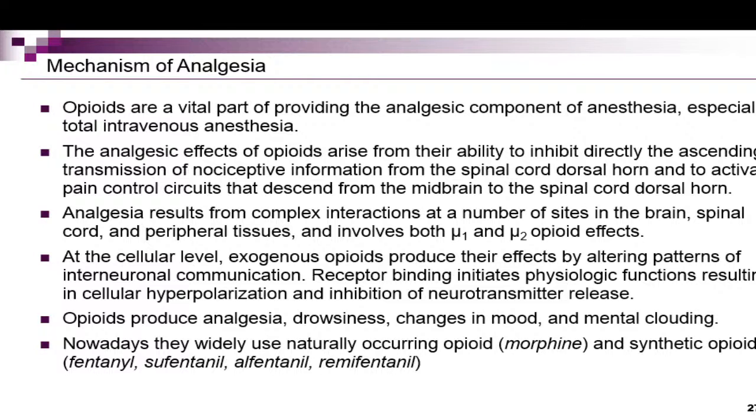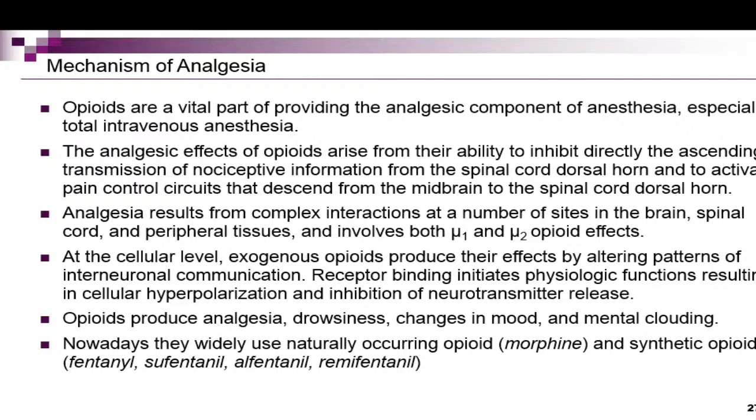The analgesic effects of opioids arise from their ability to inhibit directly the ascending transmission of nociceptive information from the spinal cord dorsal horn, and to activate pain control circuits that descend from the midbrain to the spinal cord dorsal horn. So, opioids block ascending neuroconduction and descending effectors. Analgesia results from complex interactions at a number of sites in the brain, spinal cord, and peripheral nerve,